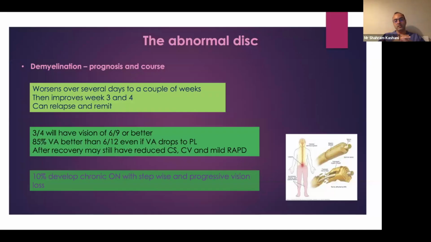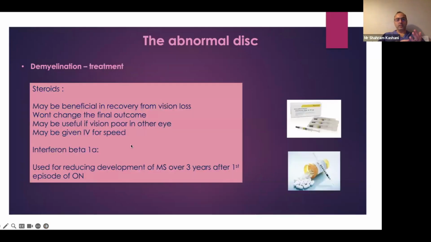But if it's recurring, then it's part of a chronic relapse remitting type issue, or it might be progressively worse and often can cause blindness, especially if it's part of a wider neurological problem like multiple sclerosis. So with demyelination, think young patient, pain on eye movements preceding vision loss. It should recover after a few weeks. If it falls outside of that, then it's atypical optic neuritis and needs urgent investigation in the form of blood